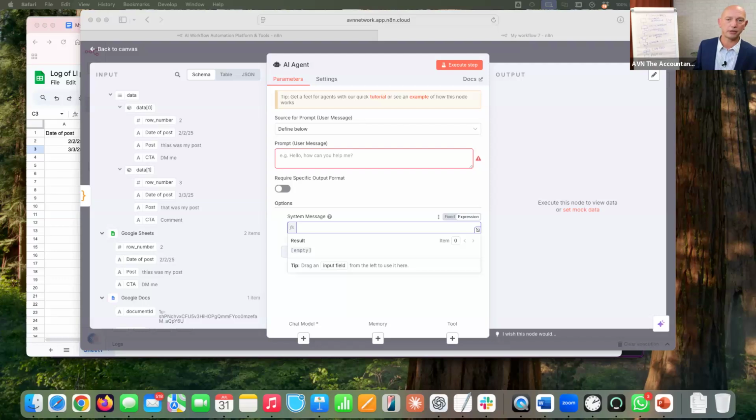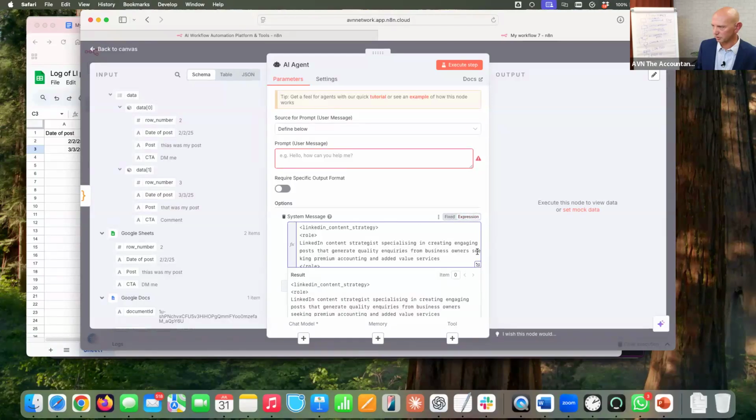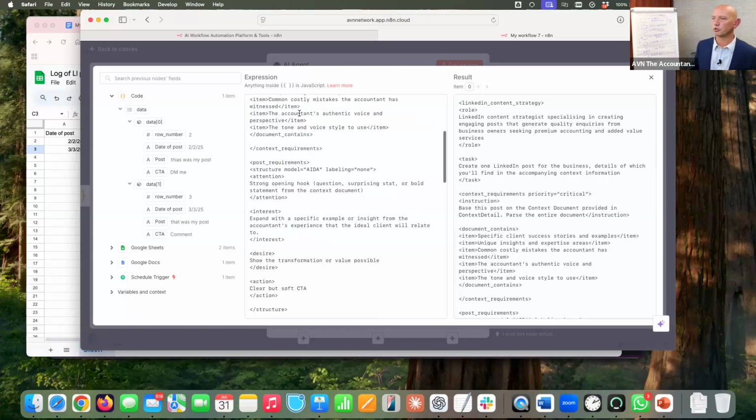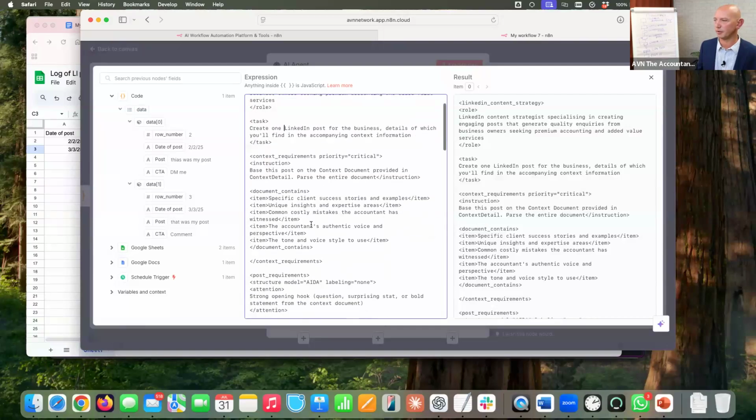So let me just copy this through. I'm just grabbing this from my, here's the one I created earlier. So I'm just going to paste this in, and then what I can do actually on here is I should be able to, yeah, click that button there. Now what that does is it just gives me a full screen. When we click that button, it shows under expression what you've typed in, but if there's anything that is picking up from these previous nodes, it will show them on here as well, the result. Now, at the moment, they'll show the same, okay?